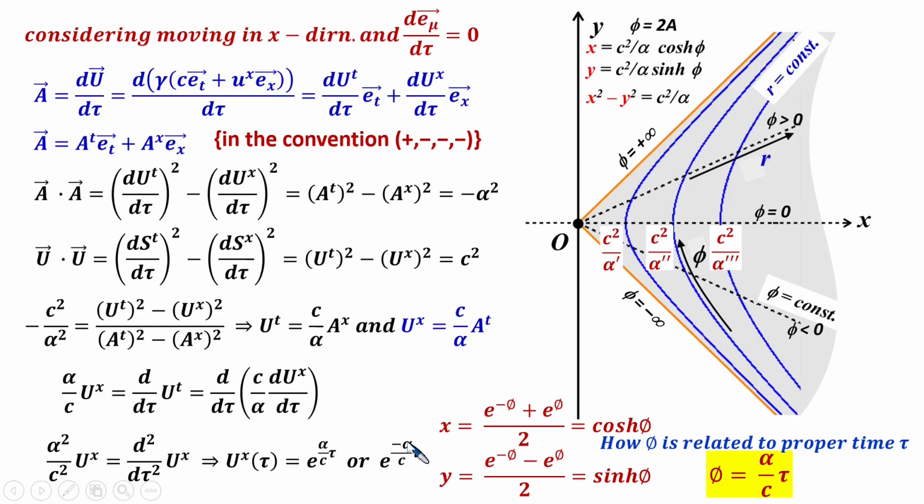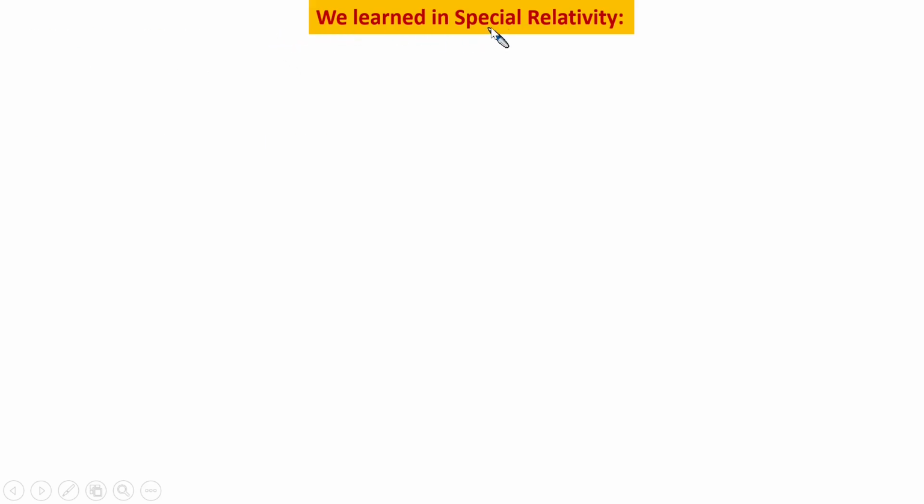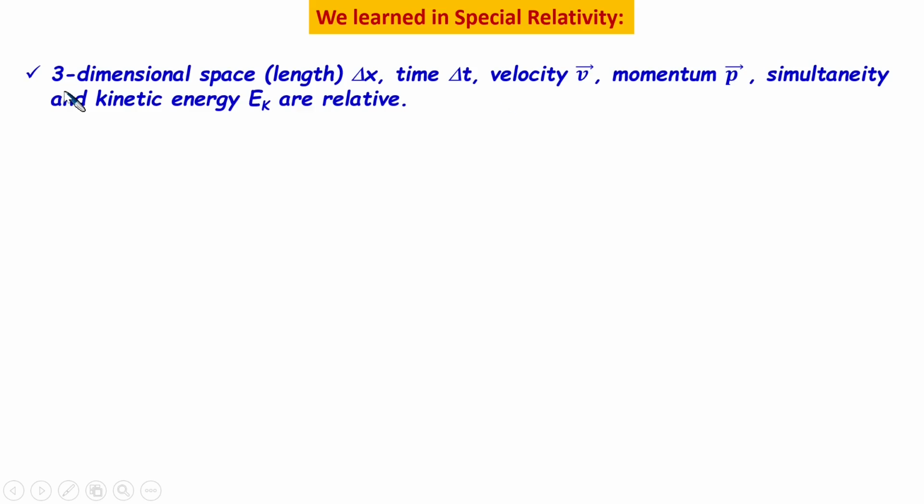So here this phi is nothing but alpha by c into tau. So here I write this phi is equal to alpha by c into tau. This is the value of phi, where alpha is constant for each of these hyperbolic paths. So far what we have learned in special relativity, we have learned that 3-dimensional space, length delta x,